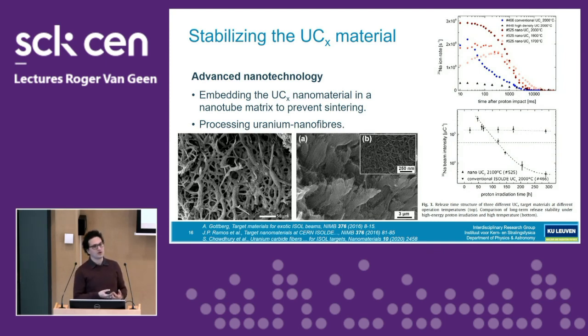Could be? No. Is. They actually measured that. That's the work of Alexander Gottberg, referenced here and shown up there, where you can see the comparison at the bottom: the high density uranium carbide target that they could work with, with a density that is not written here, but it's in the paper, about 13 gram per centimeter cube, whereas their standard, which is the